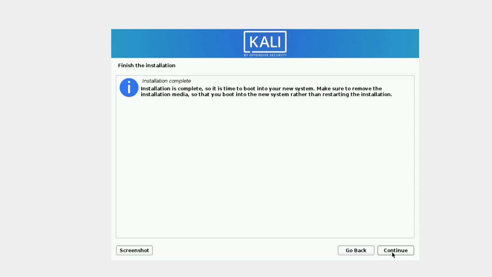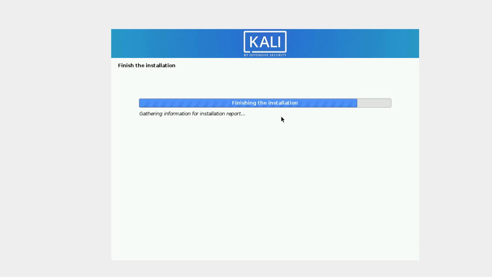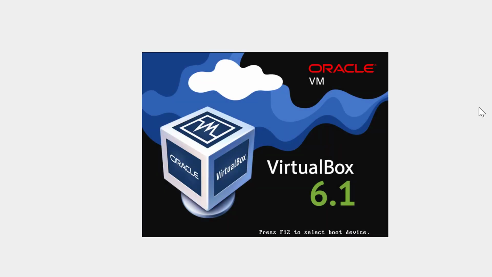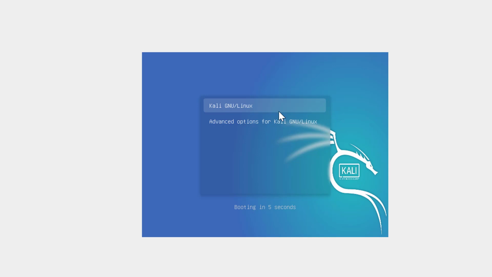Now I just click on continue. Okay, now it's rebooting. Okay, you see here, click on Kali GNU/Linux, click on it and put the username and password.